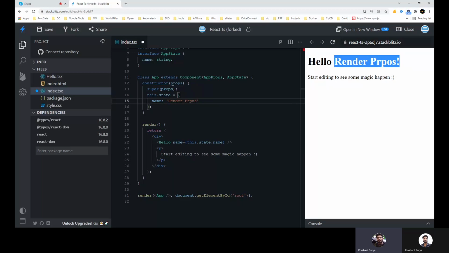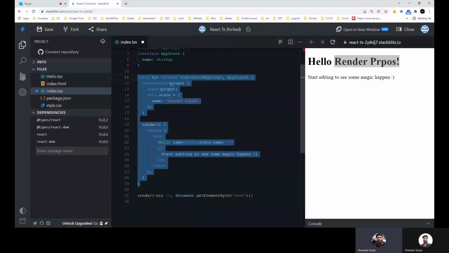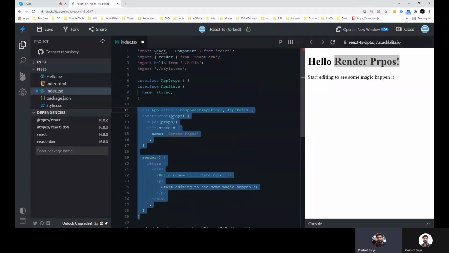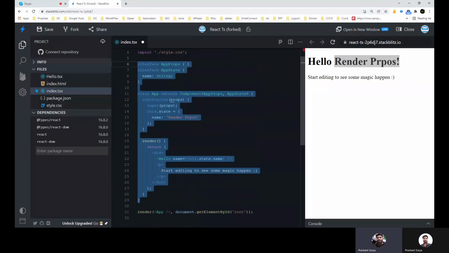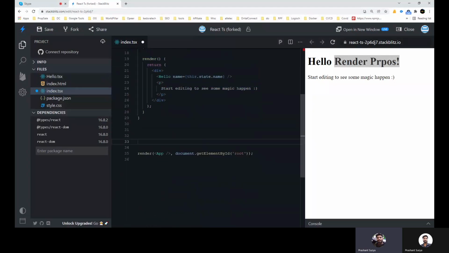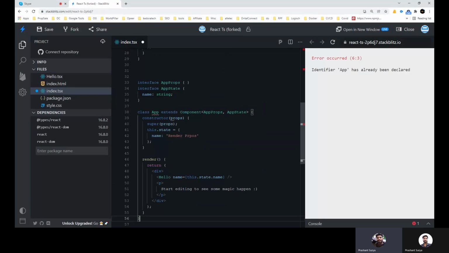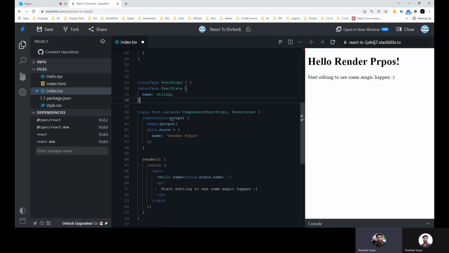We will create an input here. We will create a component here with an interface and some app state. We will create another component called Feet, so we will replace this name. This is the Feet component which has Feet props and Feet state.